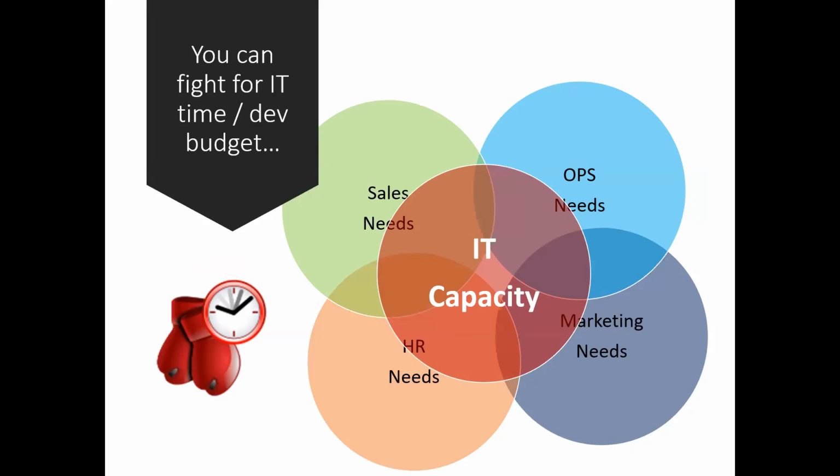IT only has 2 developers or 3 developers or 5 developers or 12 developers. And we need 6 or 7 or 9 or 15 to get done what we need to get done. So there's never really enough IT capacity to get everybody's web apps built, deployed, and secured. So you can fight for your IT time or budget,